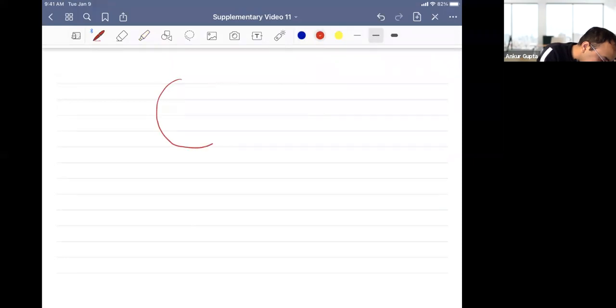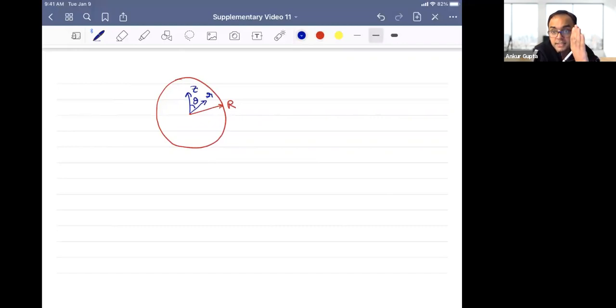So the problem states that there is a sphere of radius r, and this is the direction z. We will not generally discuss too much about Cartesian coordinates because we first want to discuss the spherical coordinates. This is the direction z, this is the direction r, which is the radial direction. And the angle with the z direction is the theta direction, and the angle with the xy plane is phi.